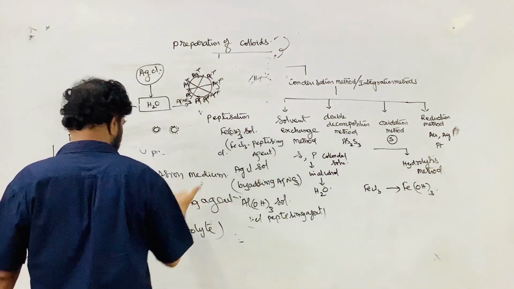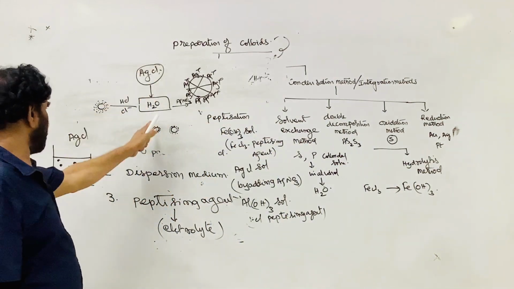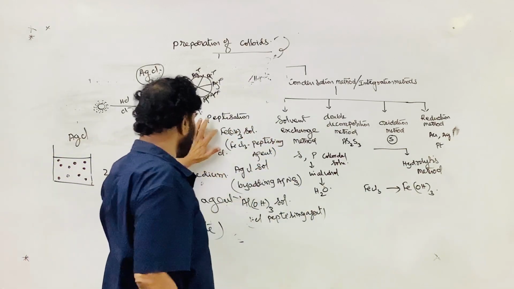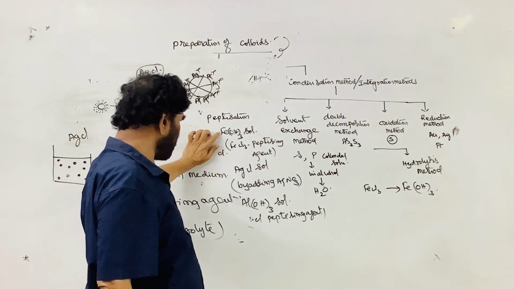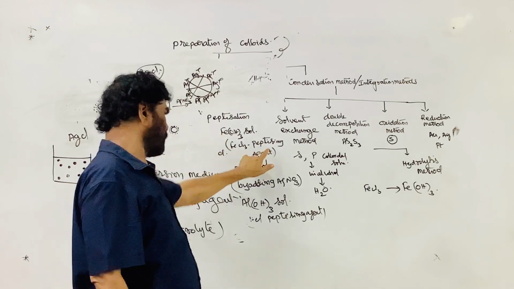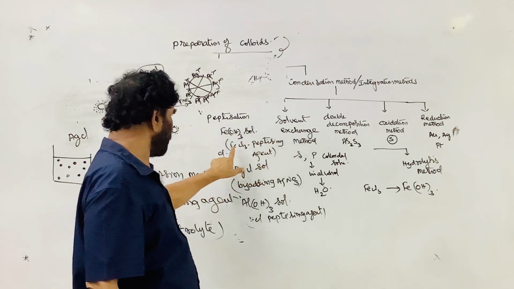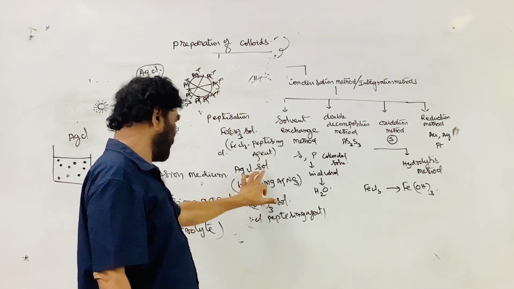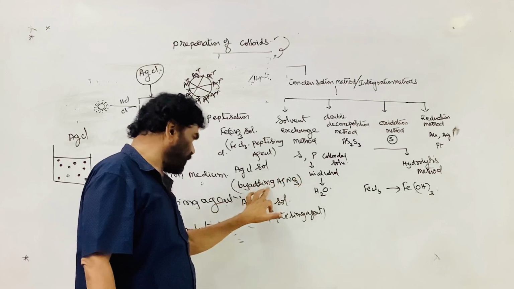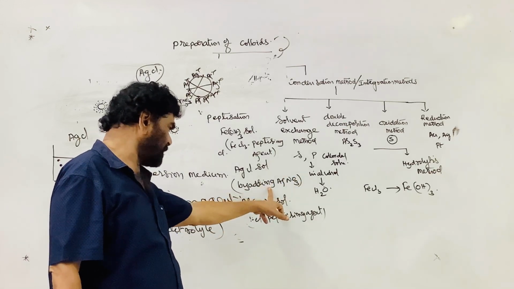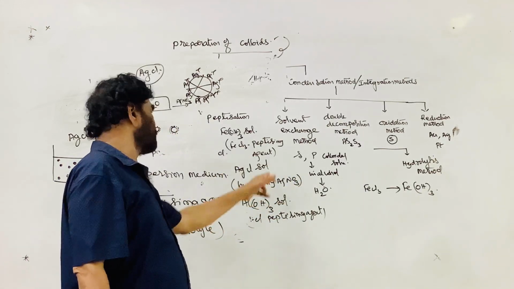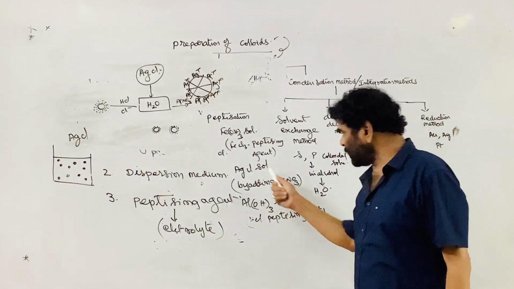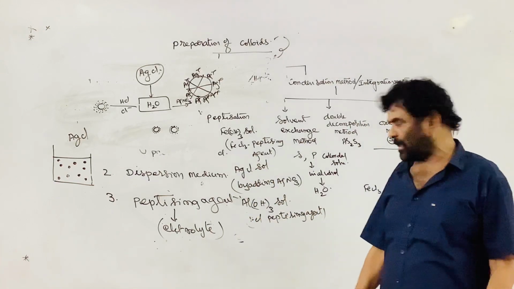Similarly, I told you that in the initial step the ferrous hydroxide is prepared. Take the ferrous hydroxide, precipitate it in water and add ferric chloride as the peptizing agent; that is, ferric ions are adsorbed and a positively charged colloidal solution is formed. Take the AgCl and add the silver nitrate solution. In this process, a positively charged silver chloride colloidal solution is formed due to the preferential adsorption of the silver ions on the surface.